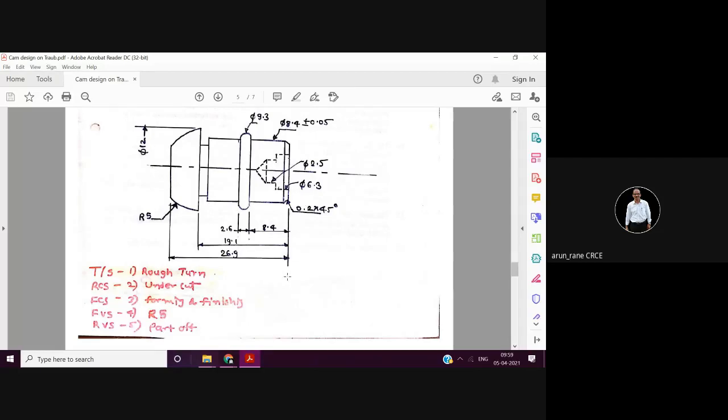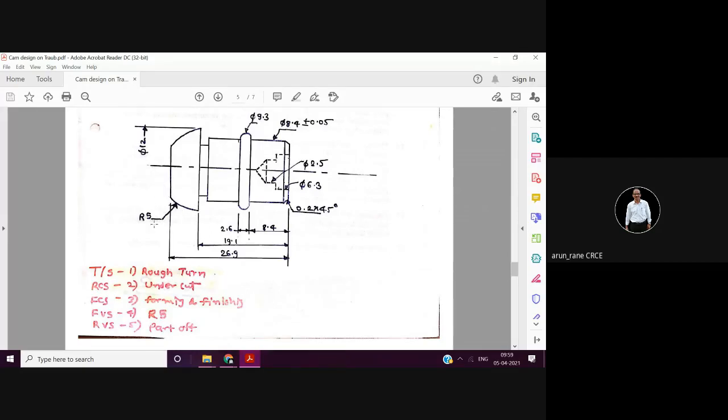The front cross slide will have a tool like this. Again, it will move like this, in and out. No movement in this direction for the front cross slide as well as for the rear cross slide. Only this can. Then the front vertical slide. In the front vertical slide, this. It will do the pre-parting as well as this forming also.